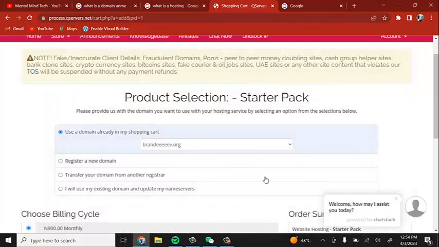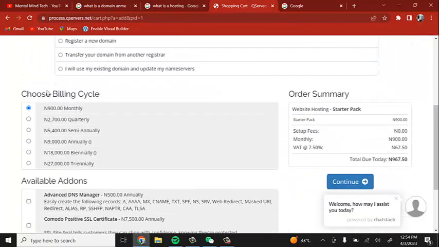All right. Okay, so this is the next page loaded up, and this is where we choose the billing cycle, of how much we want to be paying for this particular hosting plan. Now, this particular hosting plan has various payment plans. We have the 900 naira monthly, where you pay 900 naira every month, and when you do not pay, they suspend your hosting for the period in which you do not make your payment. And it's not advisable to leave your website to be suspended before you go on to renew that site. All right.